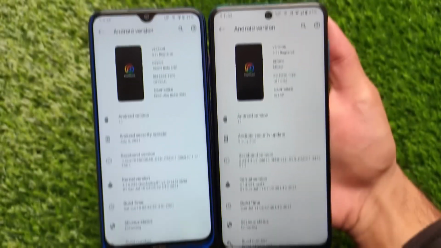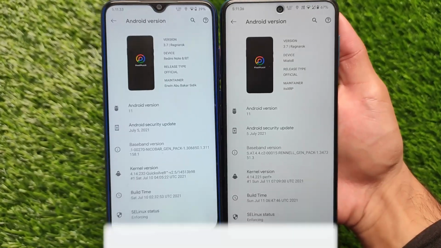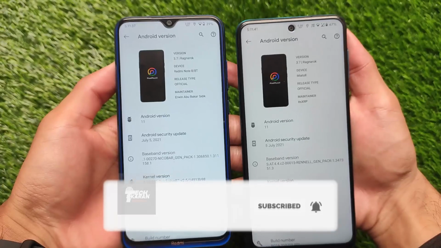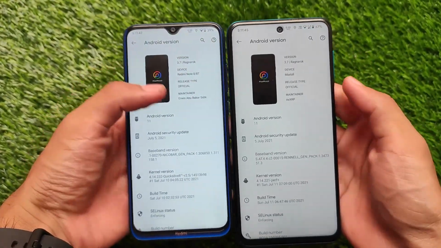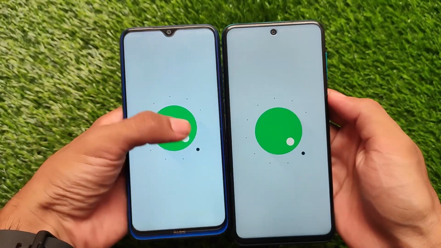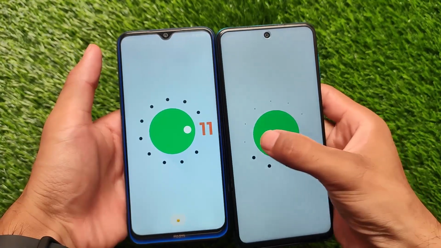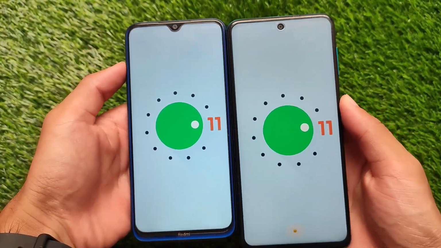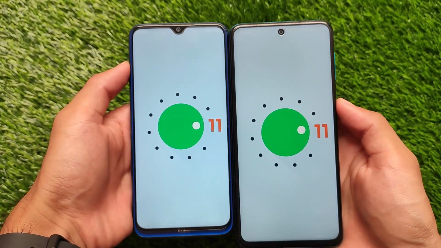So talking about the new Pixel Plus UI, which has just been released. For some devices it was released yesterday, for some devices just 1 or 2 days ago, 3 days ago. This is Pixel Plus UI version 3.7, which is based on Android version 11. I have installed it on my Redmi Note 8 and this Redmi Note 9 Pro. This is a Miyatool build, this is a Redmi Note 8 build, and it is available for other devices also.